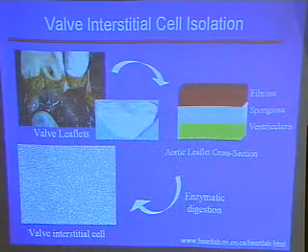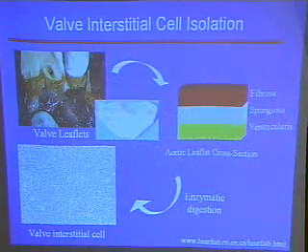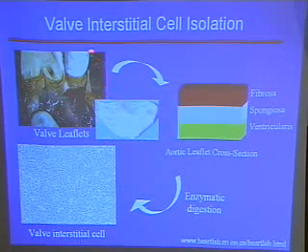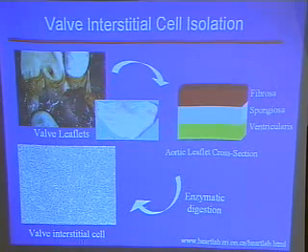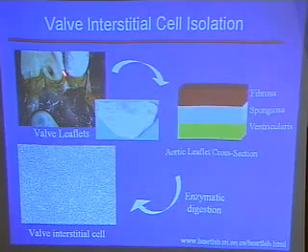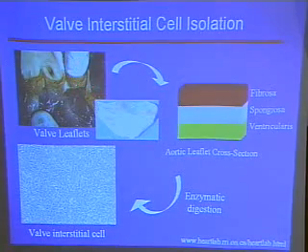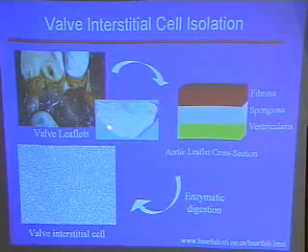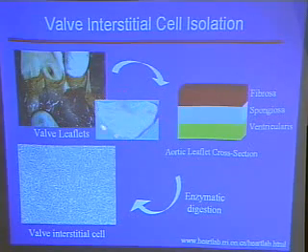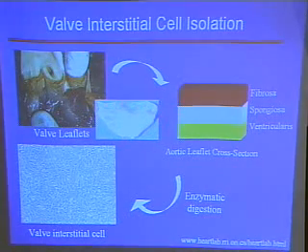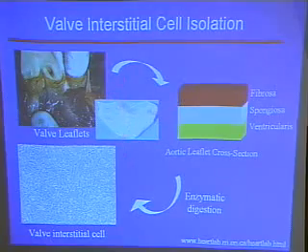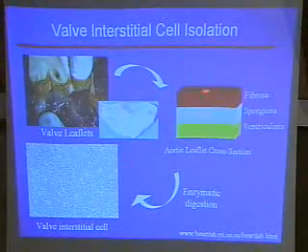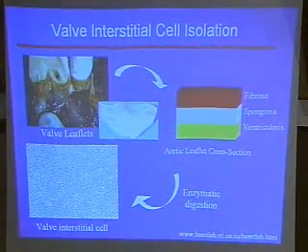So we isolated the valve interstitial cell from both bovine and baboon aortic valves, where this is a valve that has been dissected longitudinally, and this person's finger is stuck in one of the cusps of the valve. So we dissected out single valve leaflets, where this is the cut edge, and this would be the free edge. If one takes a cross-section of this single valve leaflet, you would see that the valve is composed of three main